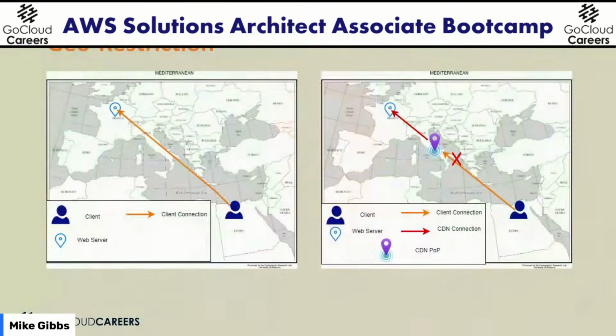So what's an example of this? Here's an example. You let someone access the information because they're allowed. Maybe in this particular case, someone from Egypt wants to go to a server in France and they're allowed. Or maybe in this particular case, you don't want a user coming from Egypt to a web server in France, and you can block it.